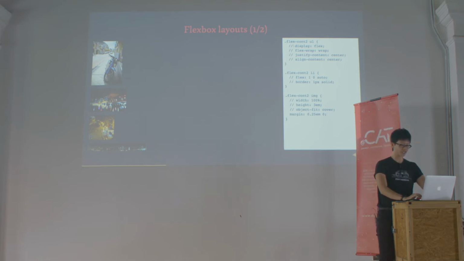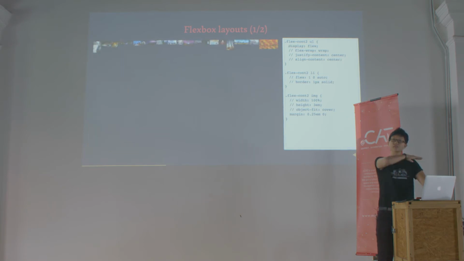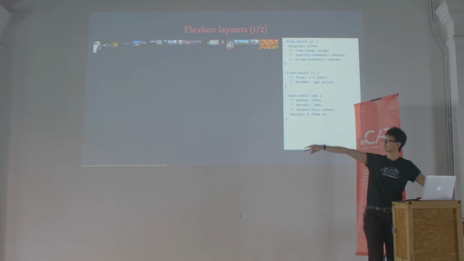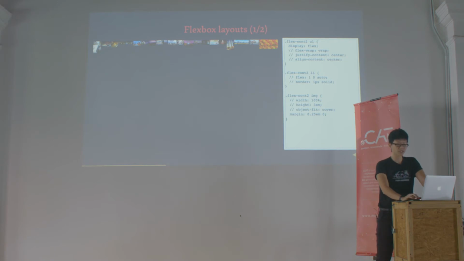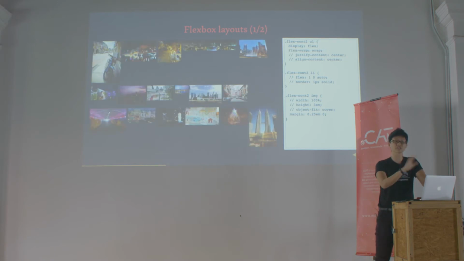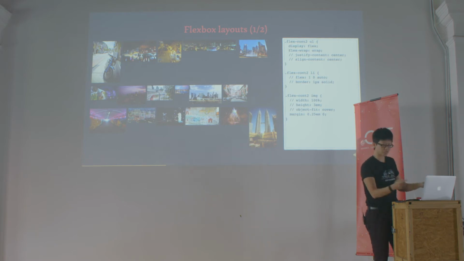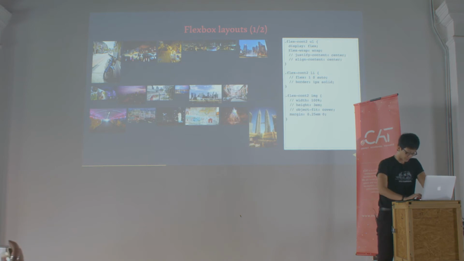So here I have this list of images, nothing styled yet. So once I apply display flex, all the items are laid out, single line, no wrap. So once I turn on flex wrap, they'll revert to their original sizes because now there's no limit to how much space they need to take up. If there's not enough space left in the container, just drop down to the next row.